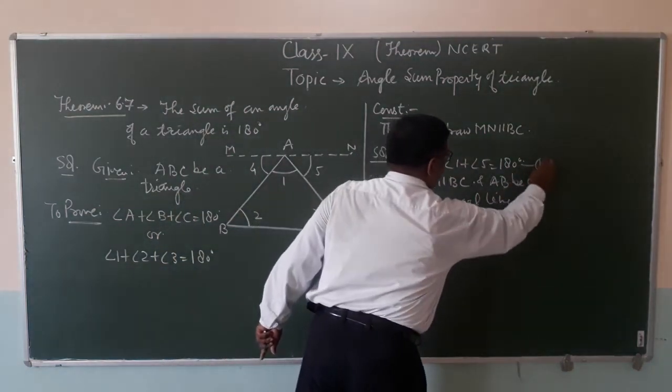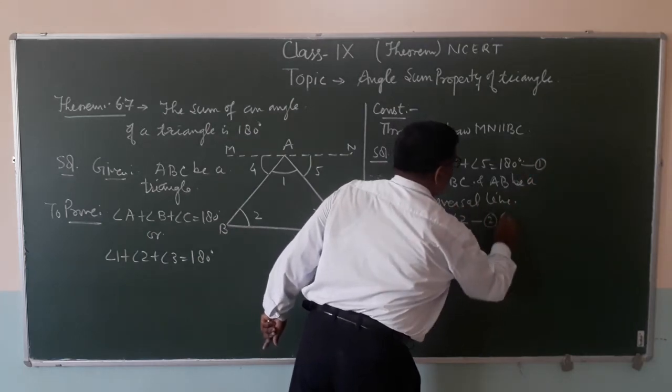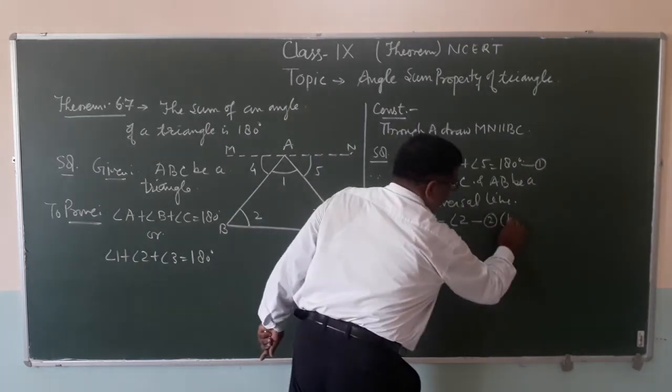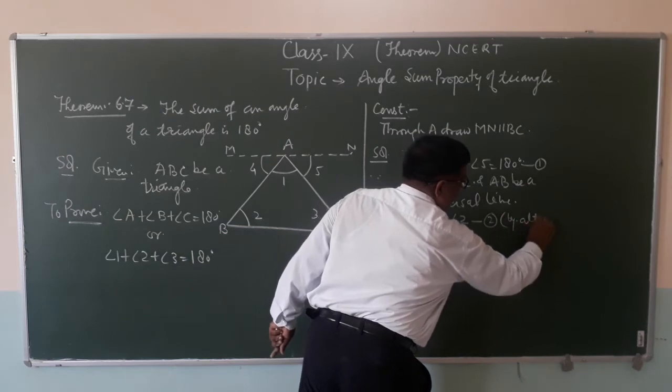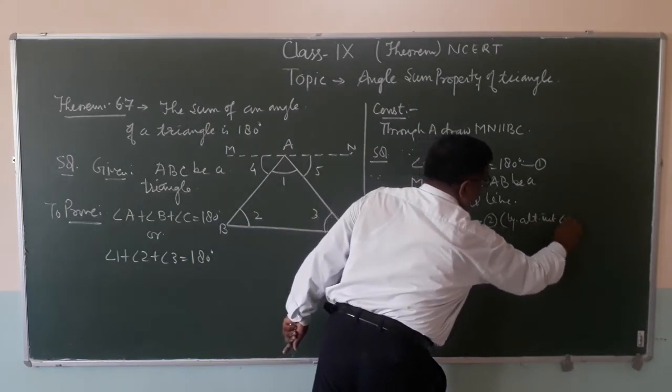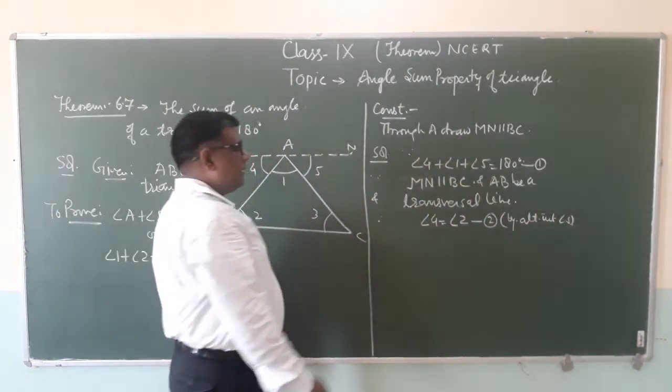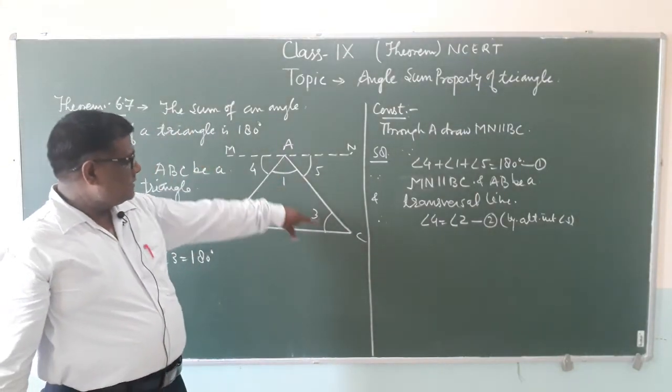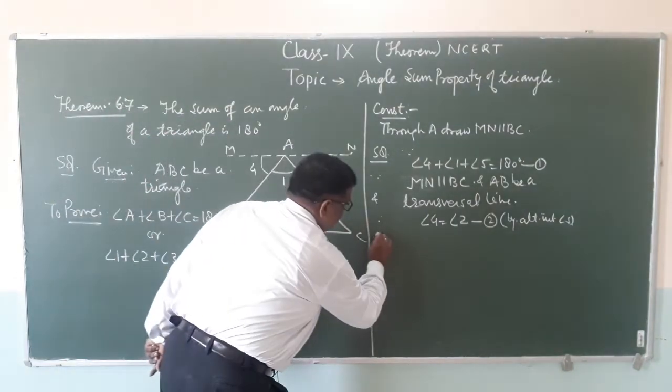This is equation 1 and this is equation 2, by alternate interior angles. Again similarly, ACB is a transversal,